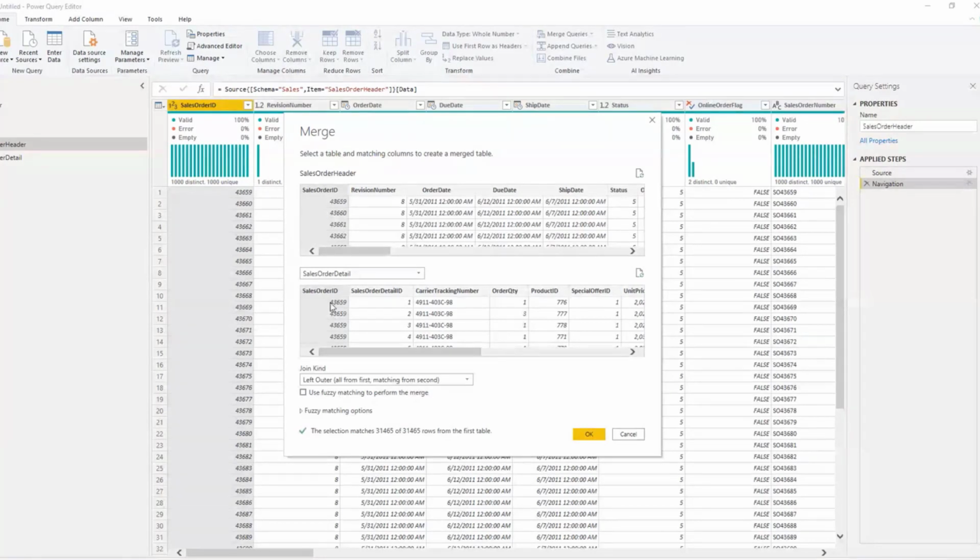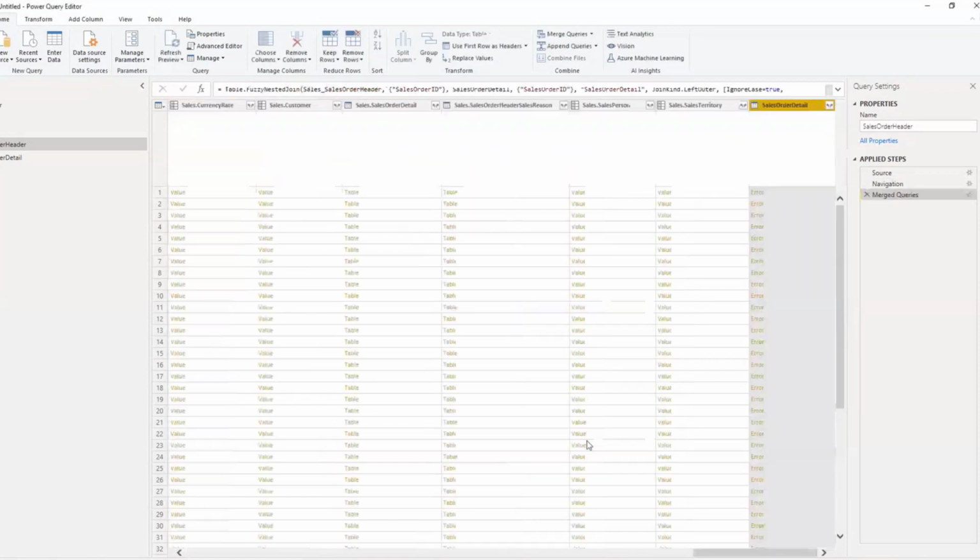Okay, so I'll go with the left join here, and if I want, there is no harm going with the inner join here as well, because I will not be removing any unwanted records. Since I just reselected left outer, it says it can't determine how many matches there are between both tables, but we saw that previously, so that's okay. We'll click OK, and we'll merge these two tables.